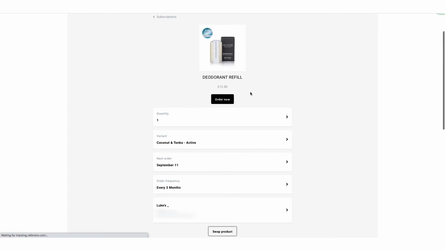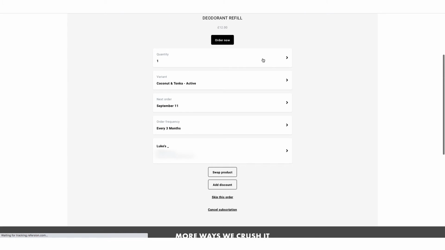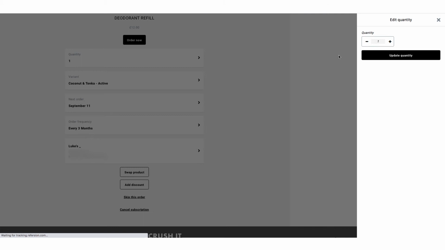So for my deodorant refill, you can see that you can order it right now if you feel like you've run out and you need it sooner. So that's a very nice option there. You can just click order now. And then each individual element of the subscription can be edited. And any one of these you click on, you've got a little side menu